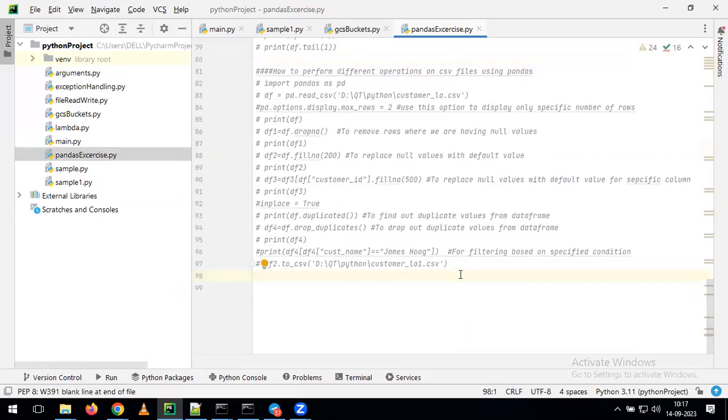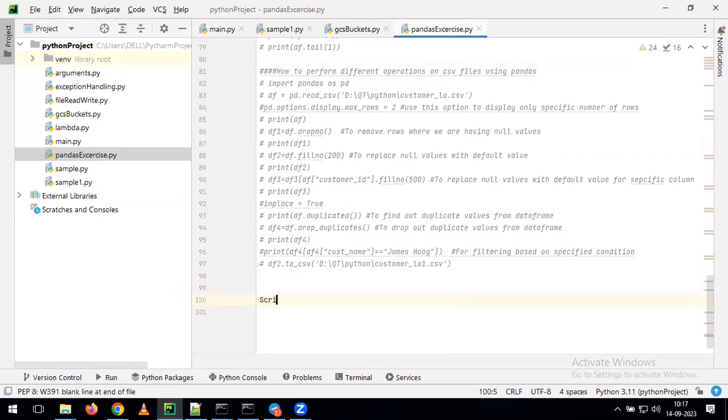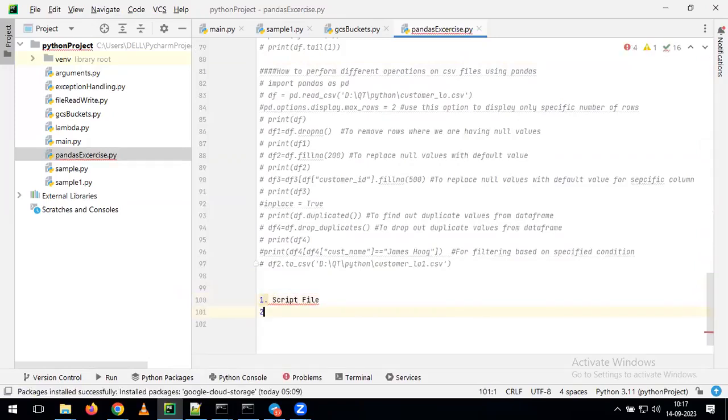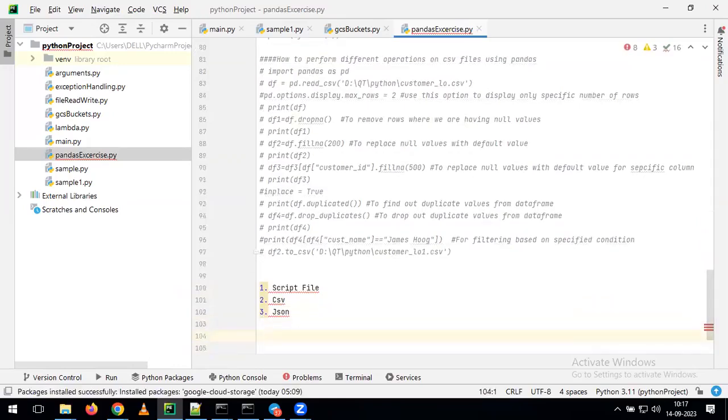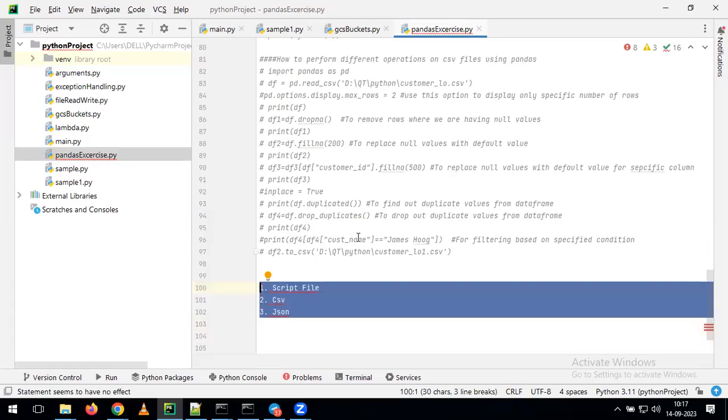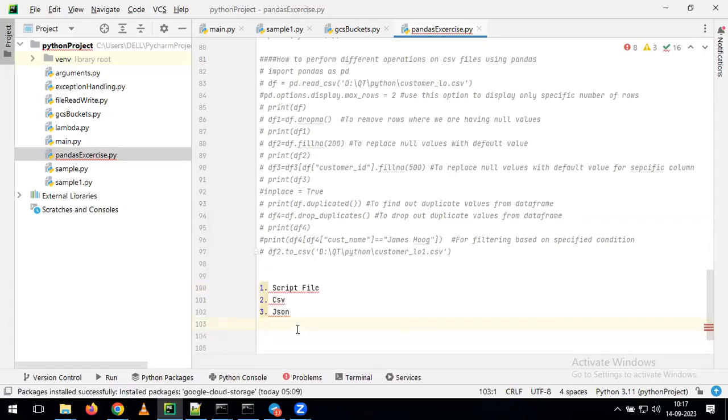Now, after completion of this class, I will share the script file. Second, I will share the CSV file, whatever I showed you in the class. Third, I will share the JSON file. I will share all these three files with you, Andy: the script file, CSV file, and JSON file. By using all these files, try to practice on top of these Pandas, Andy, because in the afternoon